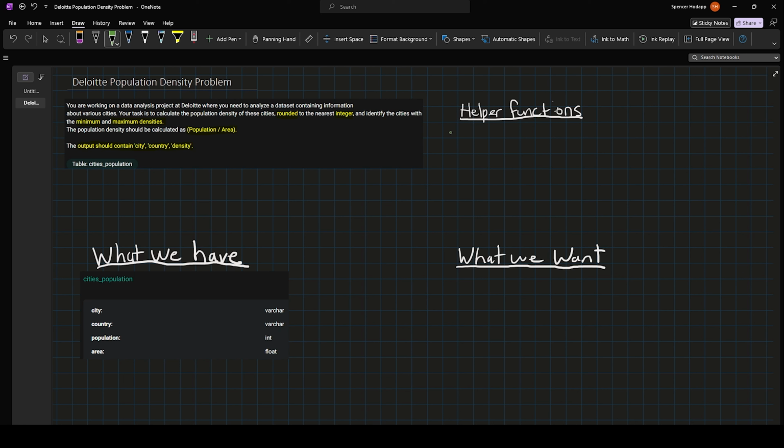So let's go ahead and denote the helper functions we're going to need. We're definitely going to need a round. I mean, that's name brand right there. There's going to be a min. There's going to be a max. We're going to have to use a select